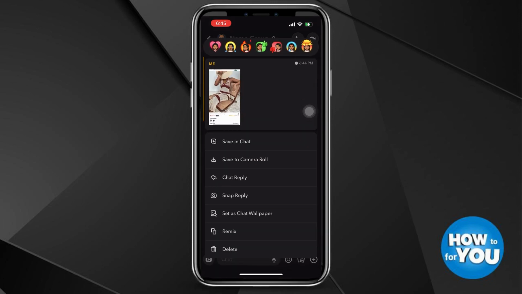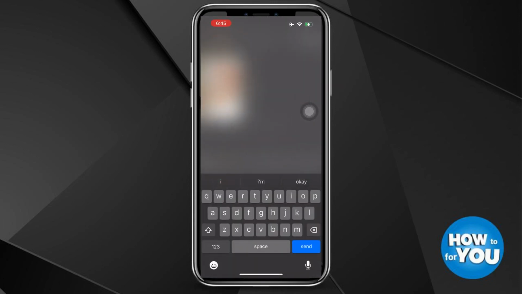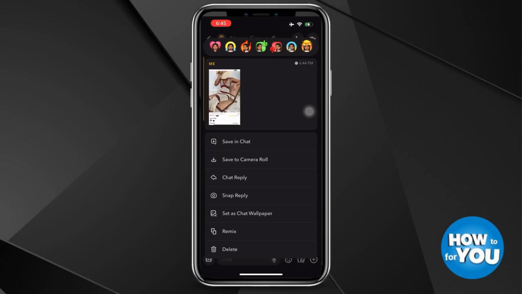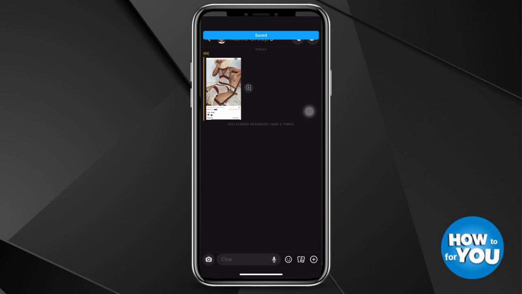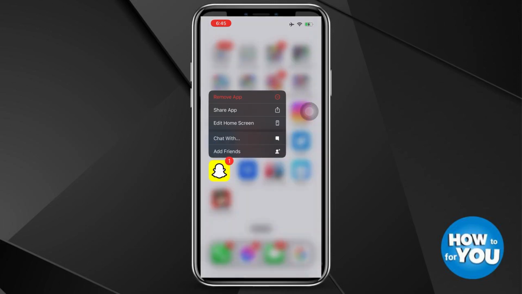Before saving the picture, what you have to do first is turn on the airplane mode of your phone. Once airplane mode is turned on, you can go back to Snapchat, long press the picture and press save to camera roll. Once you've saved the picture to your camera roll, what you have to do is delete your application,